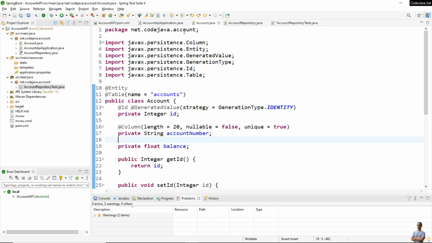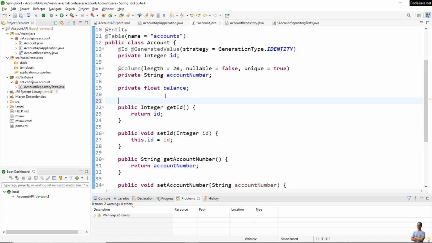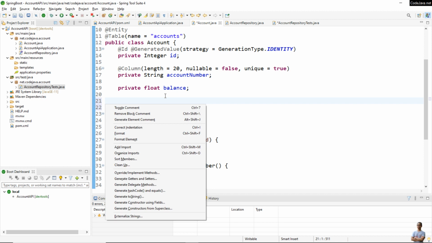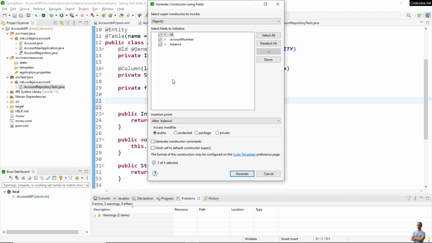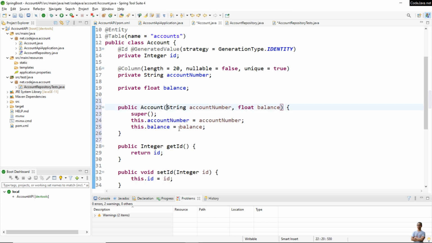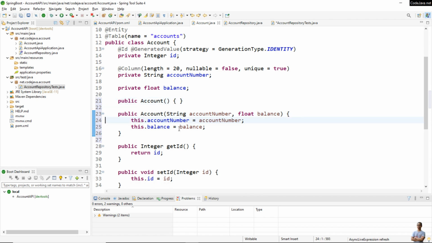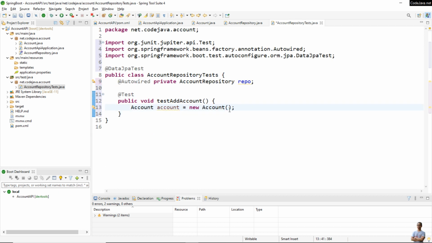We update the account entity class, generate constructor using fields, account number and balance. And we also need to have a no argument constructor like this. Okay, account number, we pass the account number here, and balance,